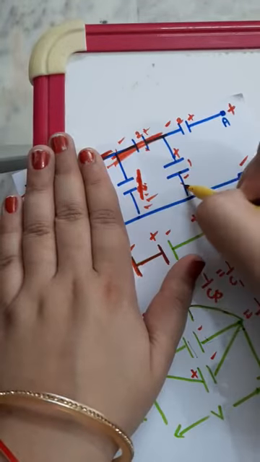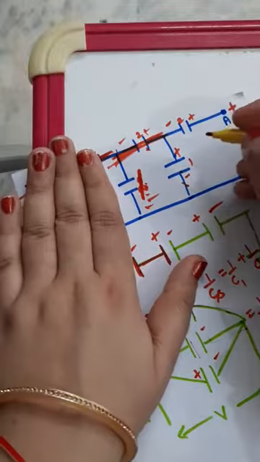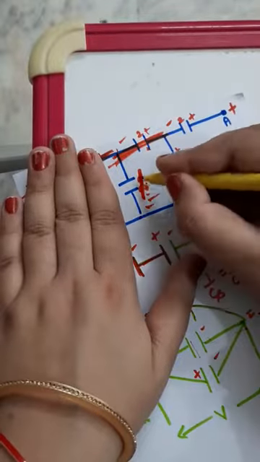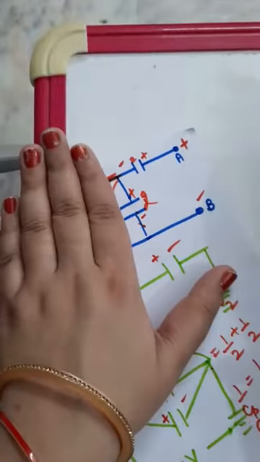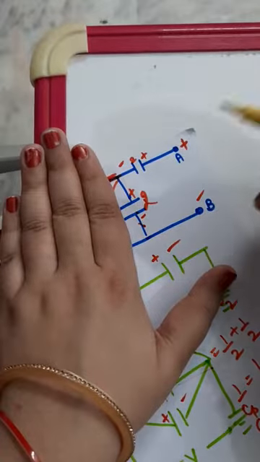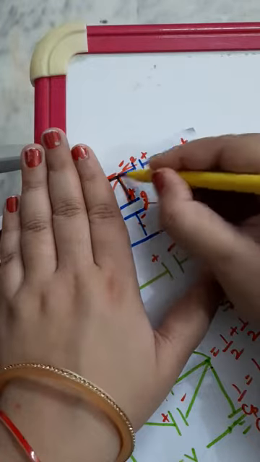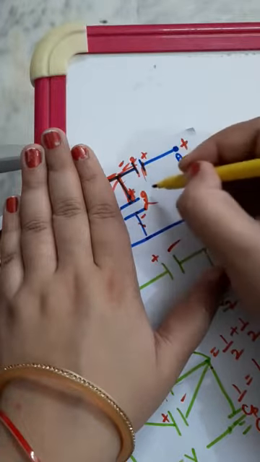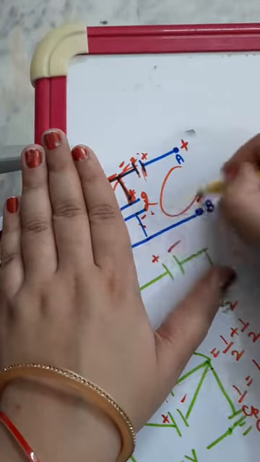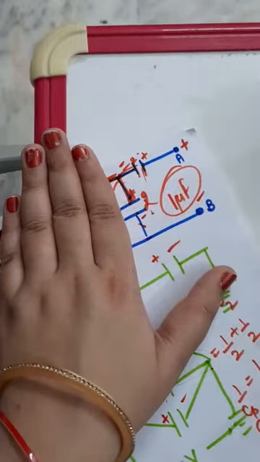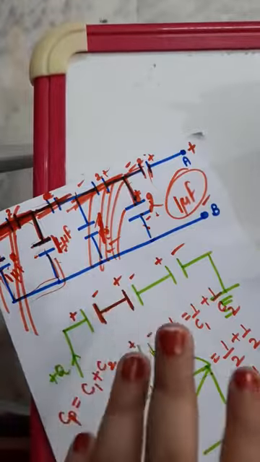Again these two are connected in parallel. So in parallel combo what are we left with? We will be left with 2 microfarads. Since you have included this already, the circuit that remains is this much. Okay. Now what you can see, this is positive, this is negative. Don't you think that these two are connected in series now? So when they are connected in series, 1 by 2 plus 1 by 2, overall is 1 microfarad. So this is the way you calculate the equivalent capacitance of a circuit.